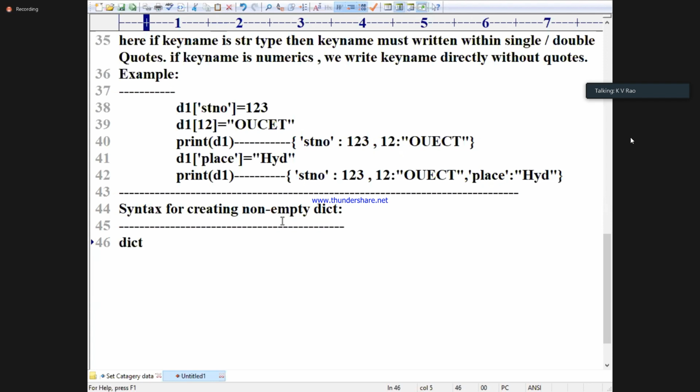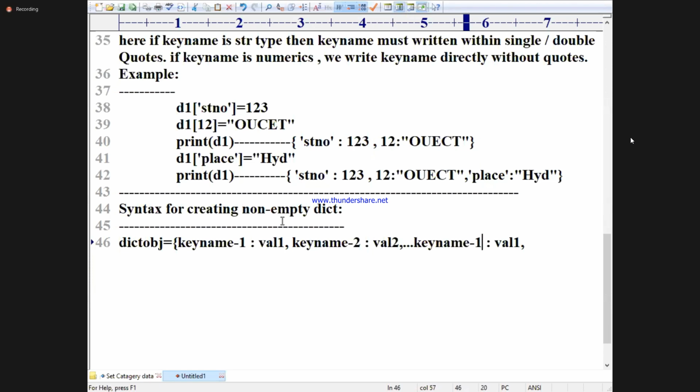Dict obj is equal to, come on fast. Keys may be numerics, keys may be strs. Key name 1 colon value 1 comma, I will go on taking. Key name 2 colon value 2, and so on. Key name n colon value n, finished.